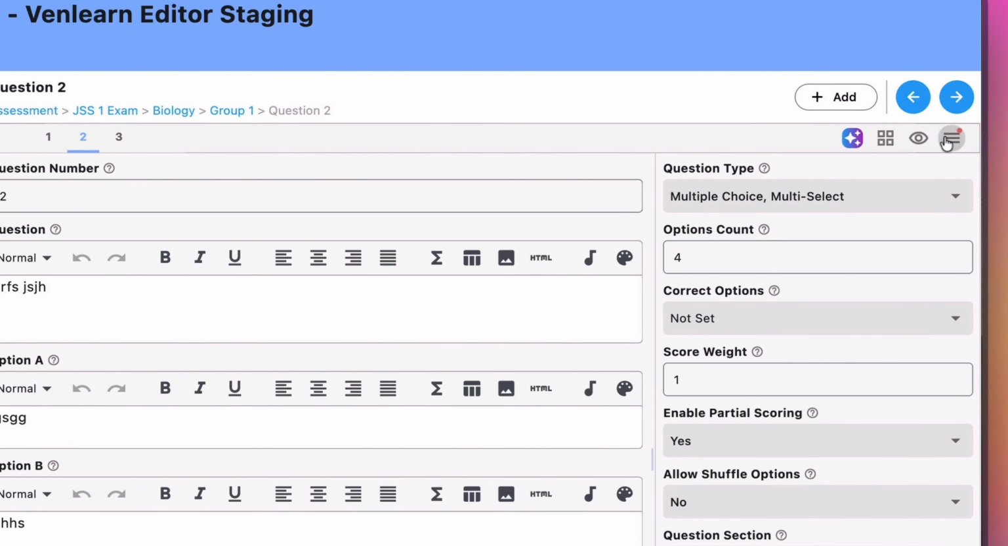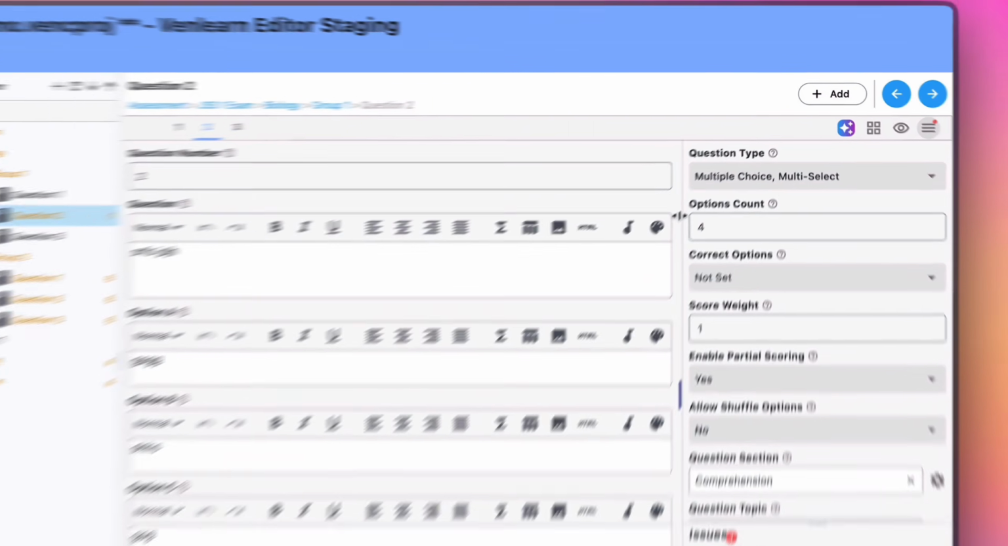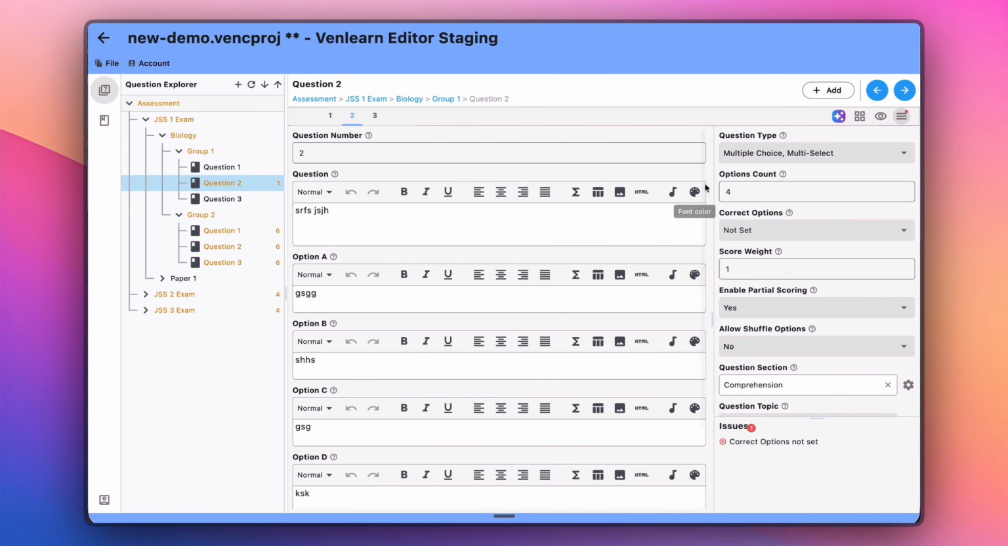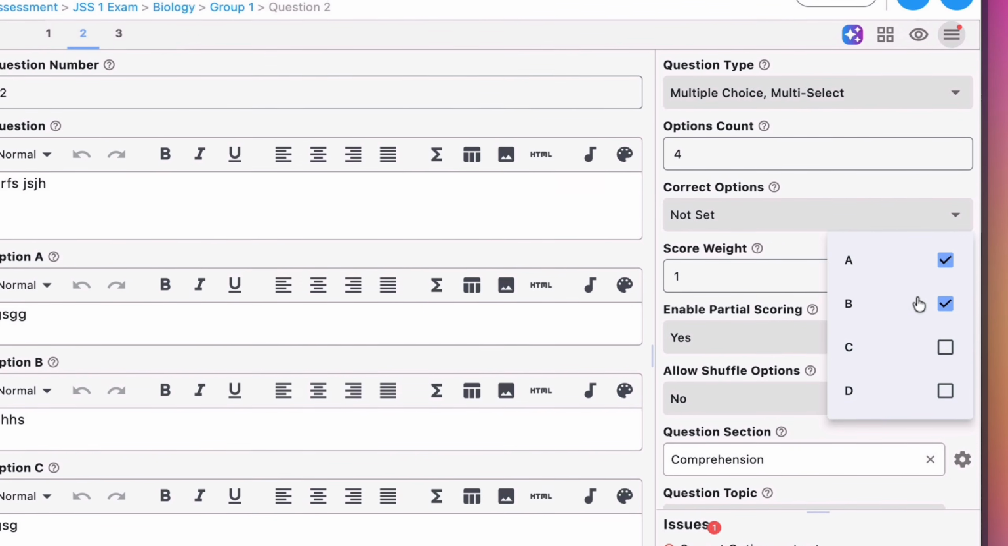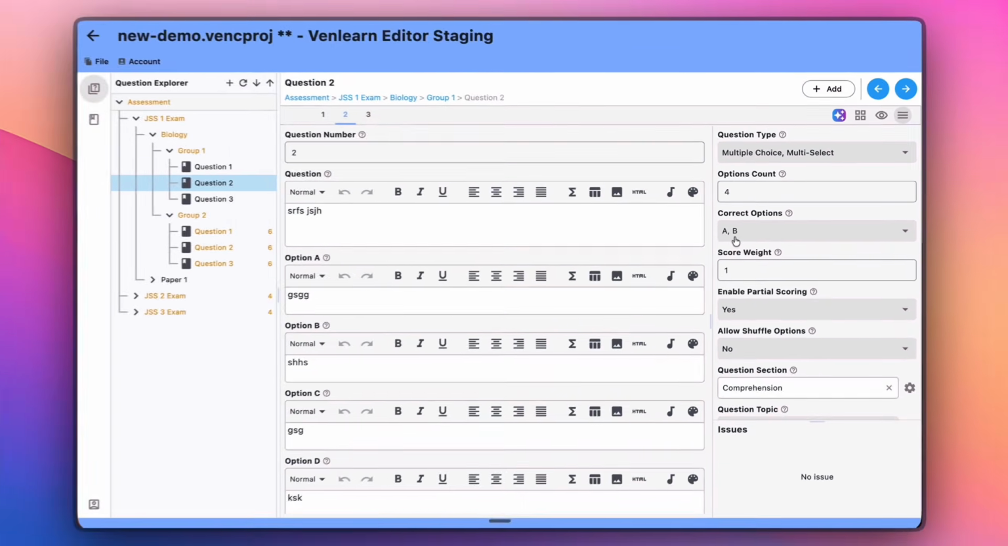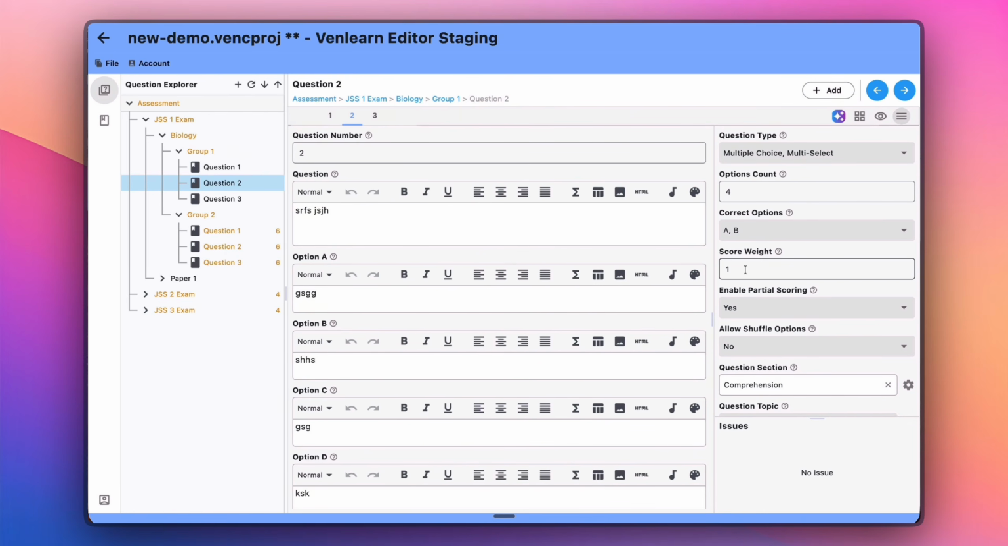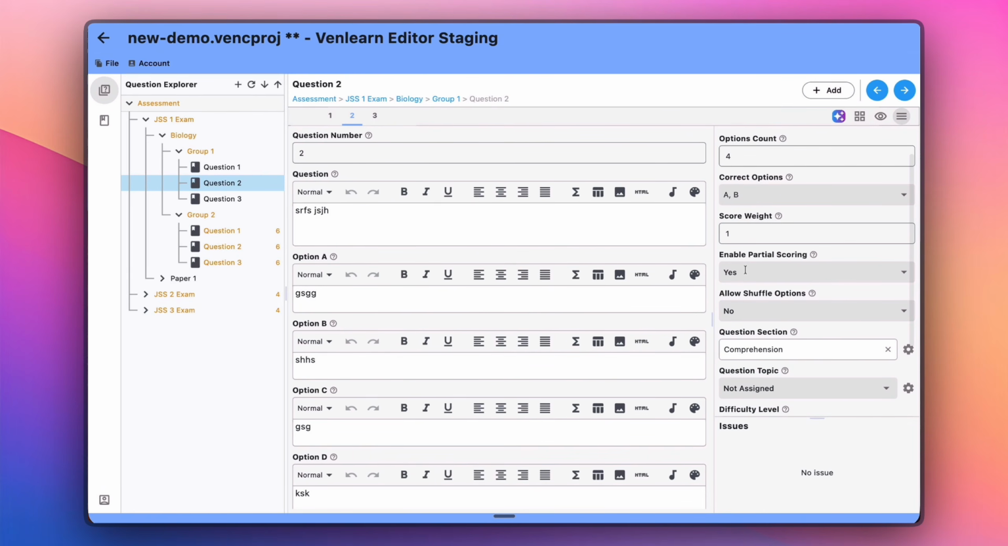Now we can go back and look at the other properties. Okay, so number of options is 4. For correct options, you can set the correct options to be multiple options. So let's say for this question, A and B are correct. You can do that and it automatically selects it for you, right? There's also a concept called score weights, right? This is peculiar to, so let's handle